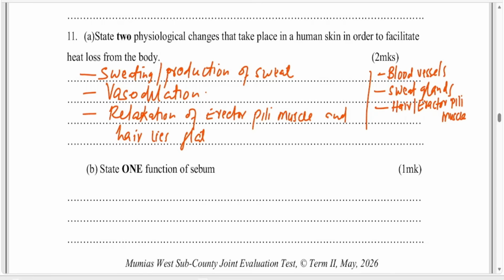So those are some of the physiological activities that take place in the human skin to facilitate heat loss from the body. So any two was enough to give you a total of